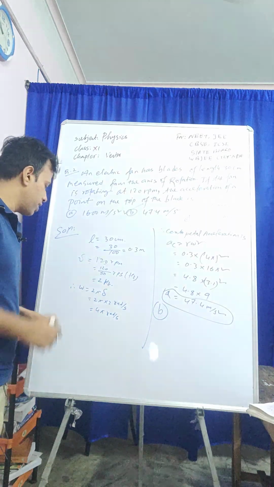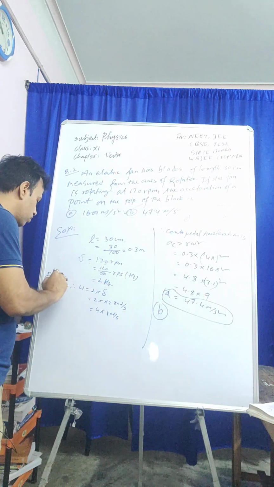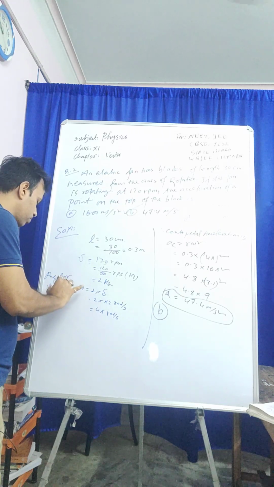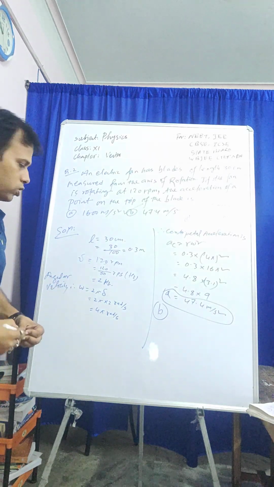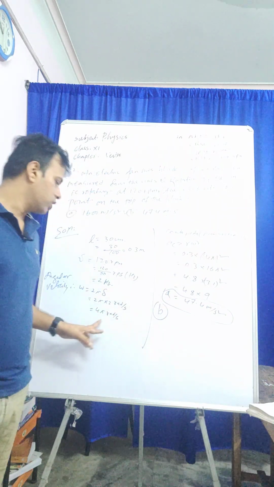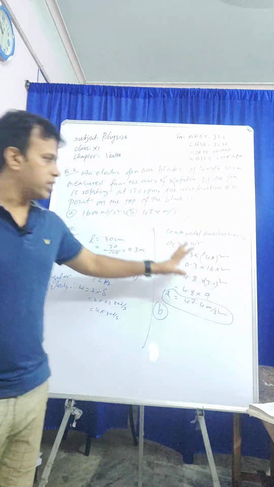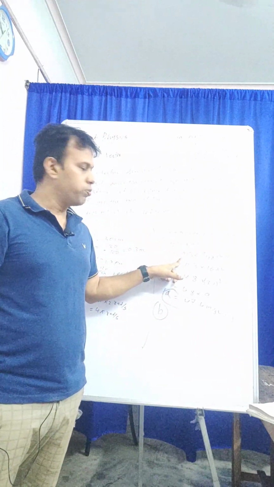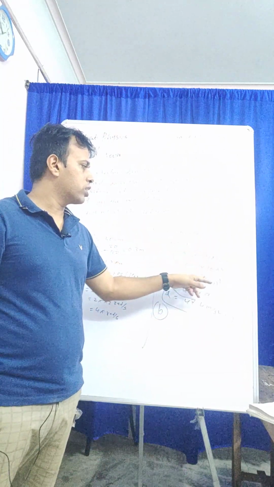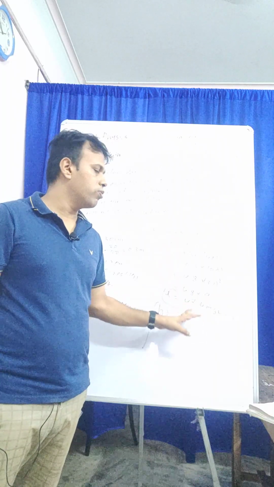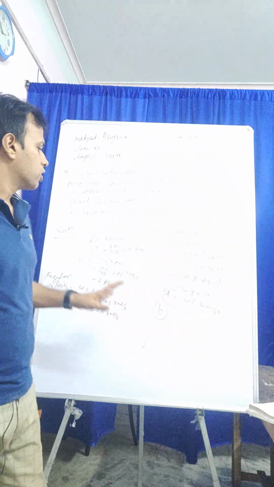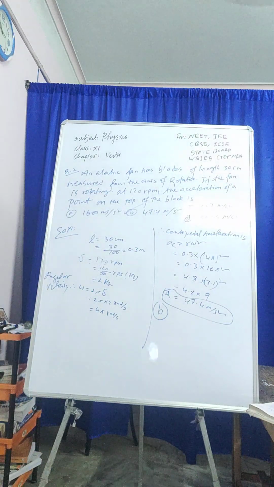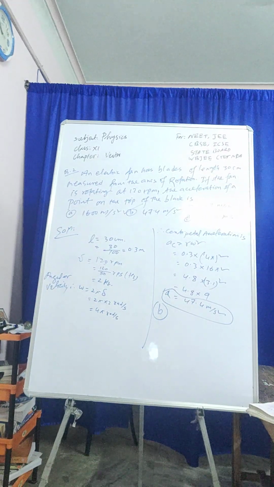So omega, that is angular velocity, omega equals 2π nu. So 2π into 2 radian per second, that is 4π radian per second. So centripetal acceleration a_c equals R omega square. R is 0.3 and omega is 4π whole square. So 16π square. If I multiply this, it will be 47.4 meter per second square. So option B is the correct answer here. So we move on to the next question, another pattern.